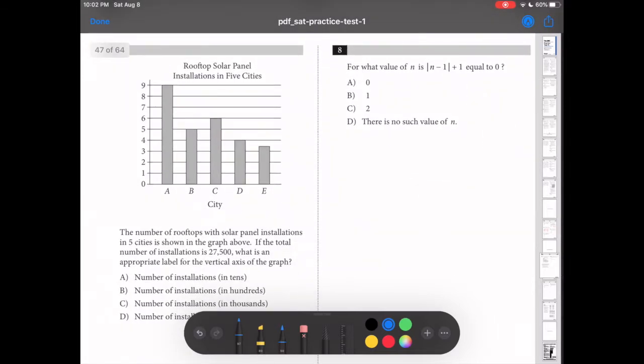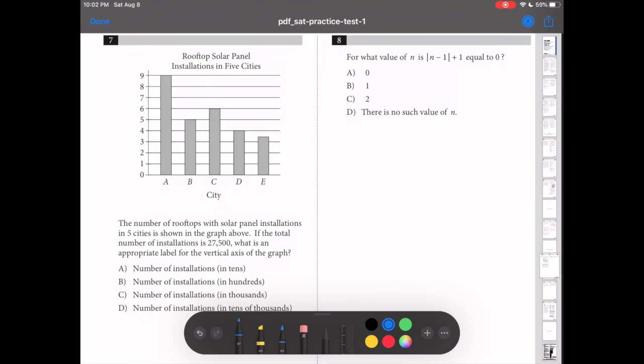Number 7, graphs. This is all about scale in English. Together, all these bars have to add up to something in thousands. And if you look at this, all you really have to do is sort of guesstimate for a second. The total is 27,500. So that means all these bars have to equal it. And over here you have single numbers. So if they're all about a few thousand, together times 5, you'll get around 27,500. So that actually looks about right. And if you have extra time, you can always approximate these numbers, put them in your calculator, and you should